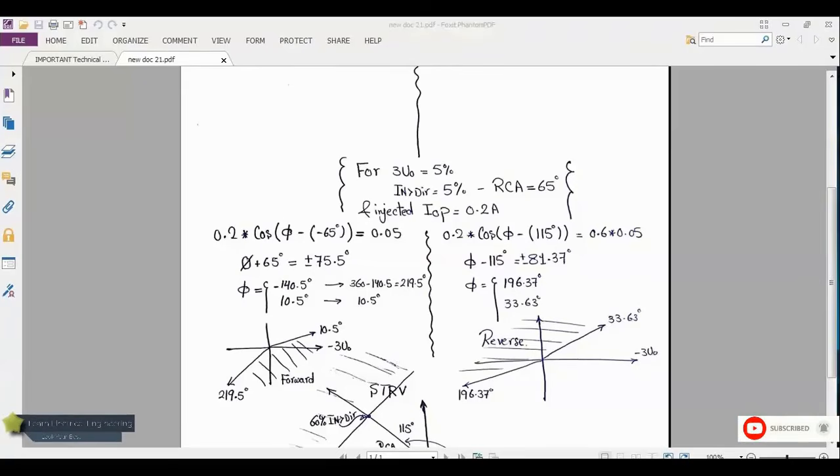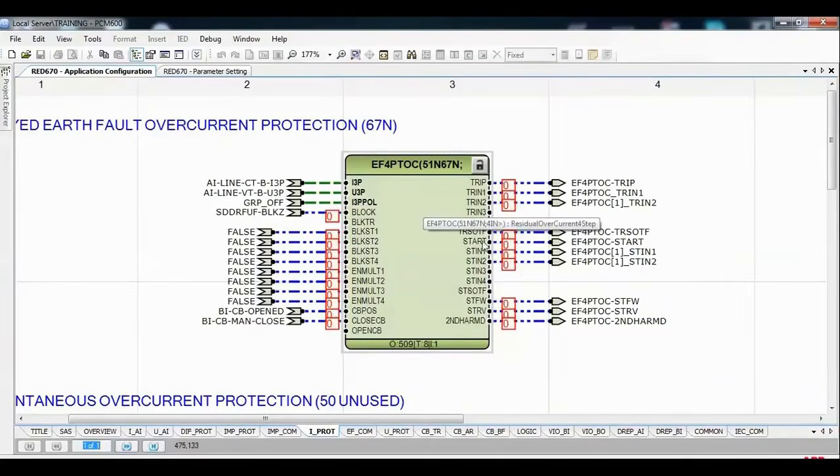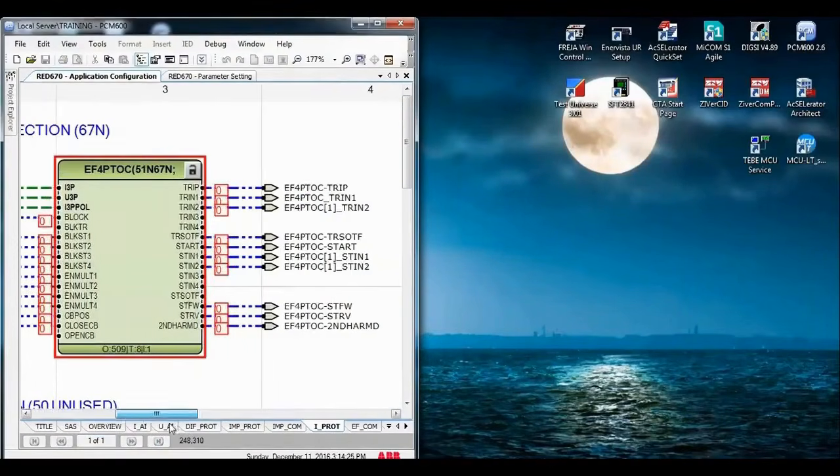We need to press on the application configuration, and press on the application configuration, and press on the application configuration, and press on the application configuration, and press on the application configuration, and press on the application configuration, and press on the application configuration, and press on the application configuration, and press on the application configuration, configuration, configuration, configuration, configuration,